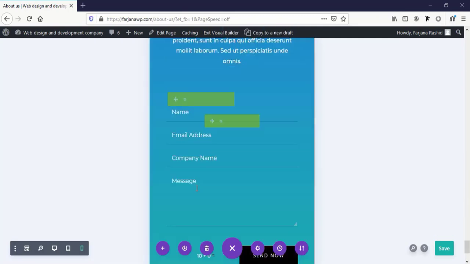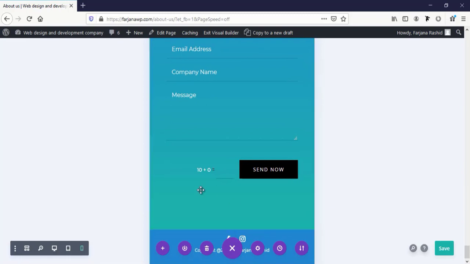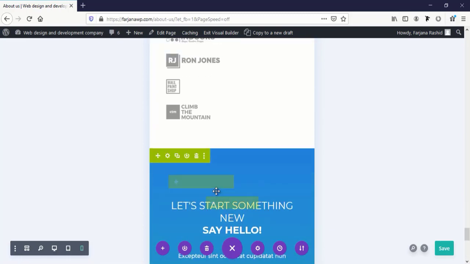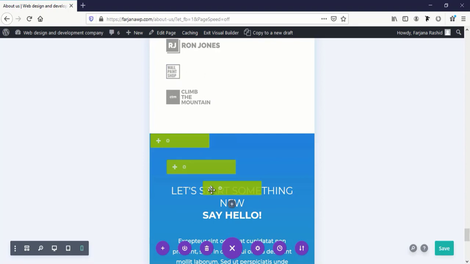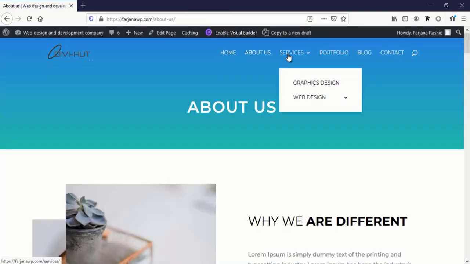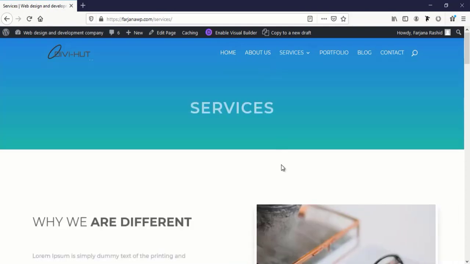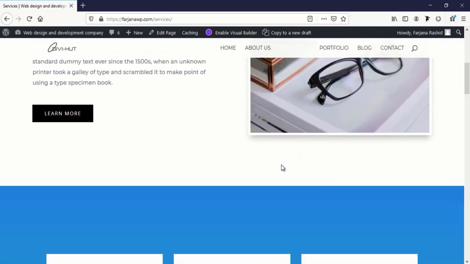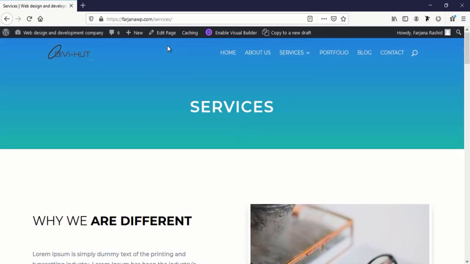Okay. Others are okay. As these are global, when I change it for the home page it works for all pages. So now I'm going to save it, exit Visual Builder, and next going to service, going to Visual Builder,